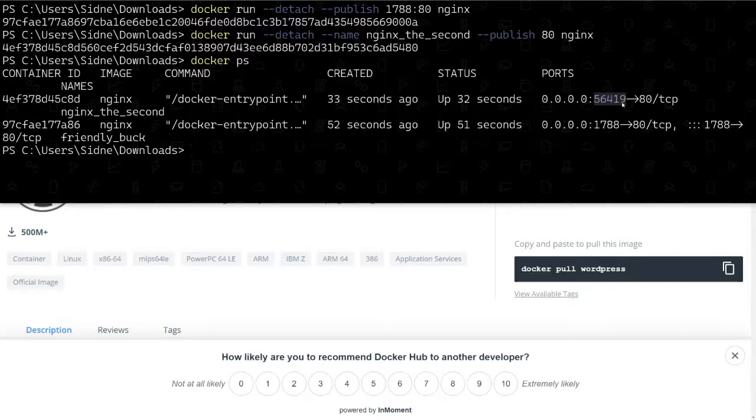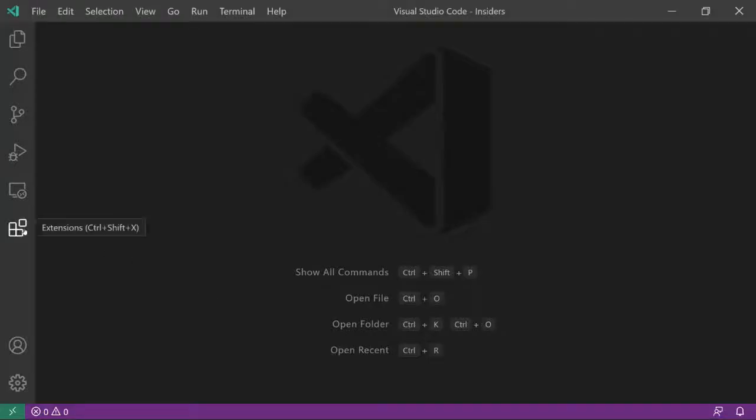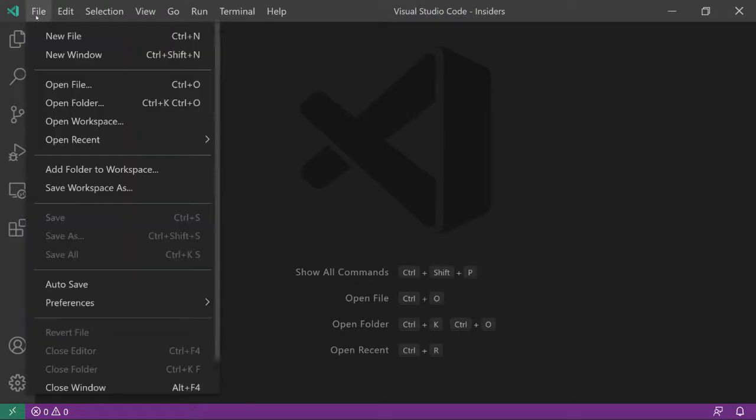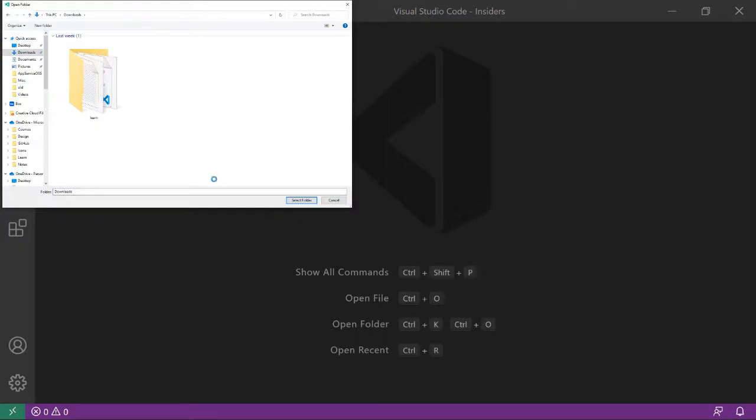Okay, so I'll show you through the command line how we can manage this. But what we're going to do for most of the demos today is we're going to do the same thing, but from Visual Studio Code. So I'm going to just go ahead and close my command line and open up Visual Studio Code. Now, you need to open up Visual Studio Code in the context of a folder. So I'll just open a folder, go to my downloads, and I'll create a new folder. I'm going to call this